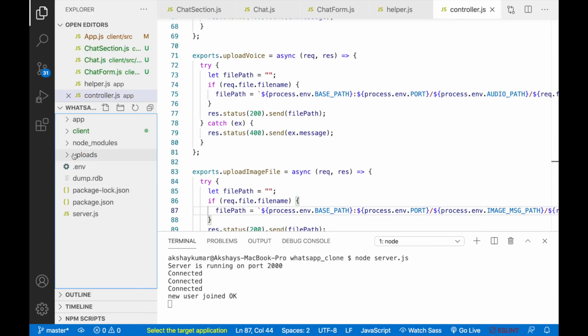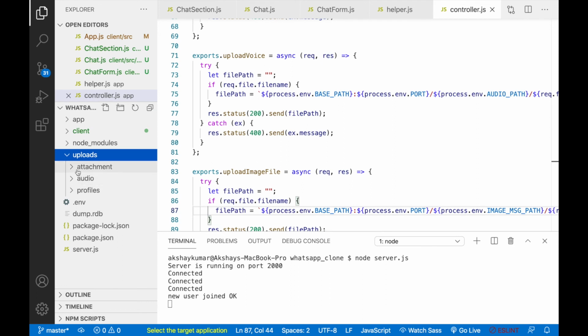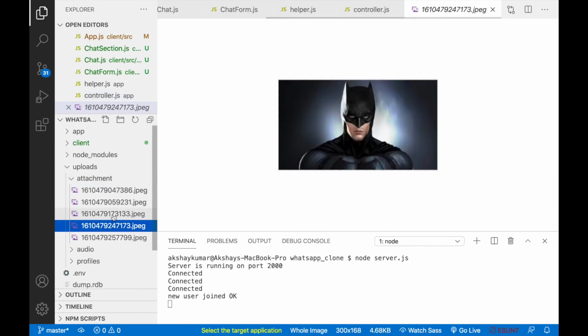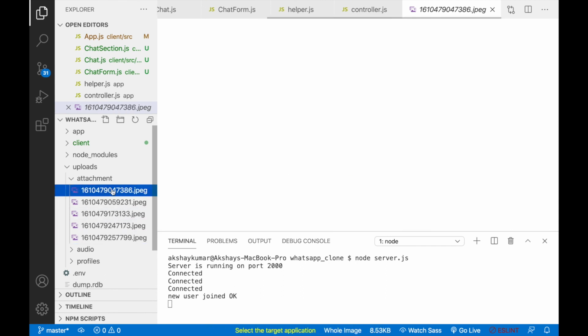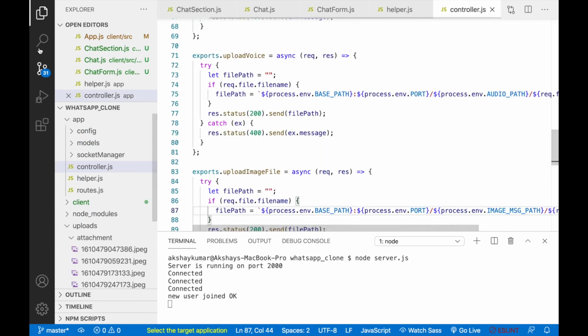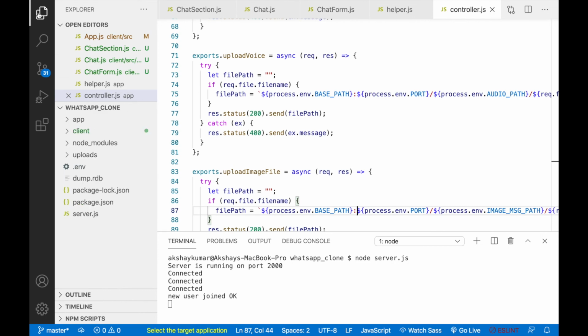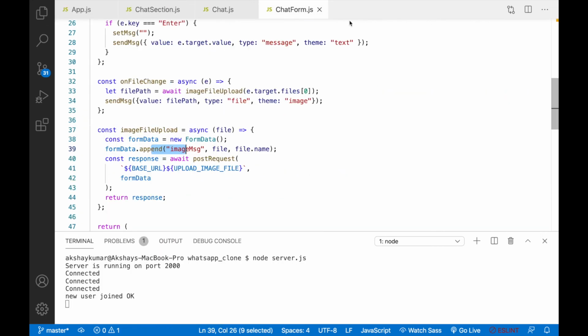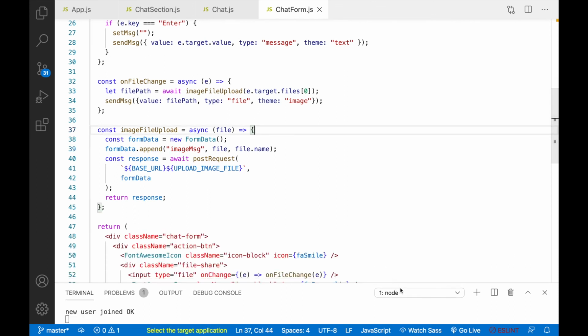You can see attachment, and we can see those files here. I think we can close these files for now. So image upload is done.